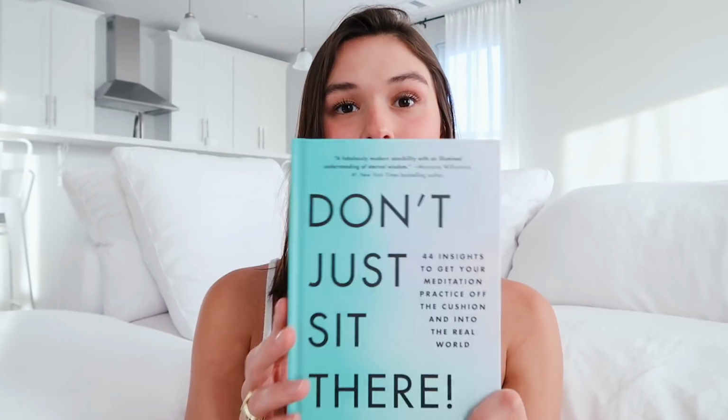And this is the book that I'm currently reading. It is called Don't Just Sit There. My esthetician had this book in her office, and I went to see her in January, and I saw this sitting on her table in her waiting room, and I ordered it on Amazon, and I haven't picked it up till this quarantine, and I'm so glad that I did, because I've been really getting into meditating